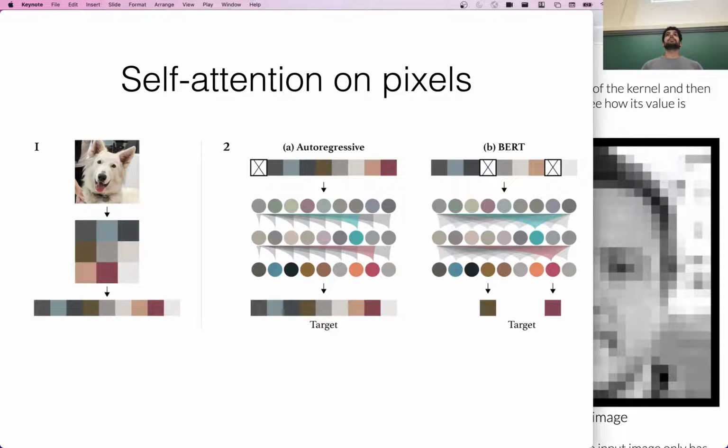Any other ideas? Yeah, so since we're modeling the raw pixels here and we don't have any explicit convolutions, it might be hard to learn these shared occurrences of different things.